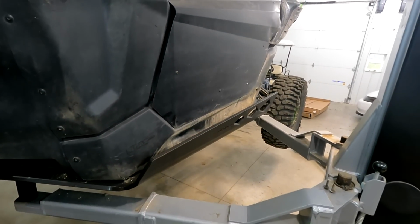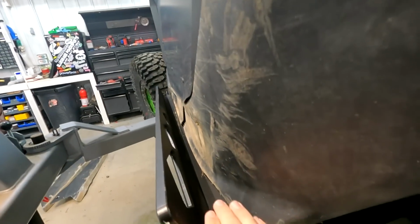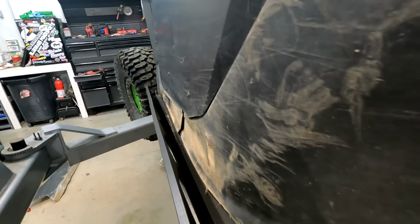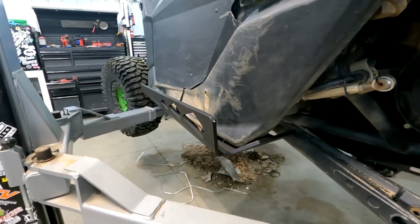Only two downsides, I mean, I say this now, but I haven't run it yet, so I can't give a true review, I guess I'll call it. But the only thing I see so far that would be downsides, in my opinion, is I'm not a big fan of how far this sticks away from the cab. That's 4 or 5 fingers, so it does narrow as it gets up there to about 2 fingers probably. So it's a couple inches,